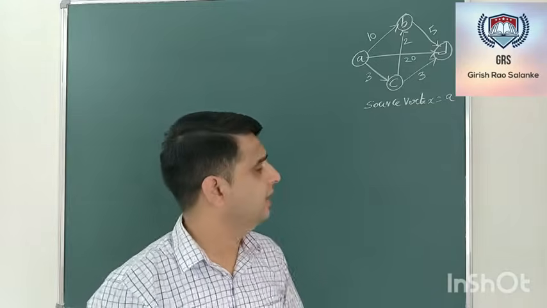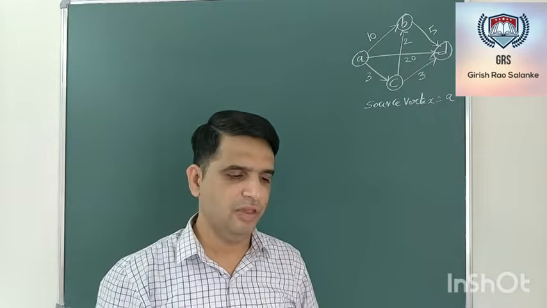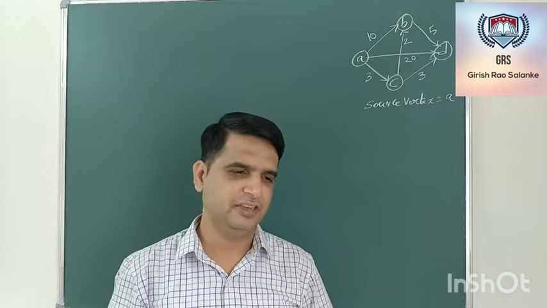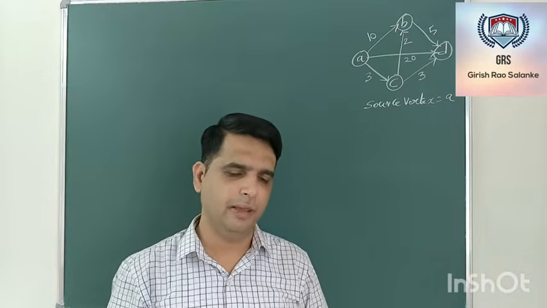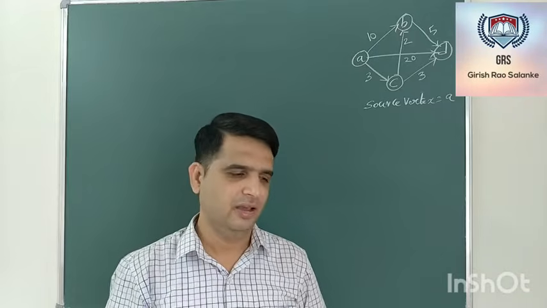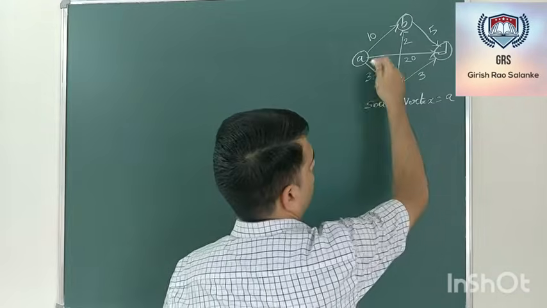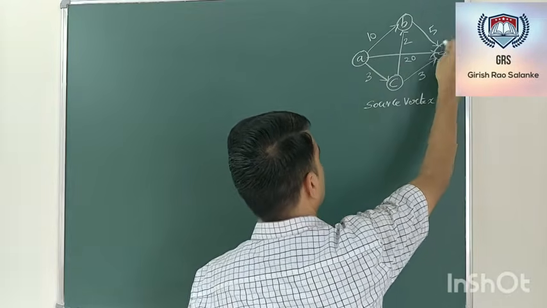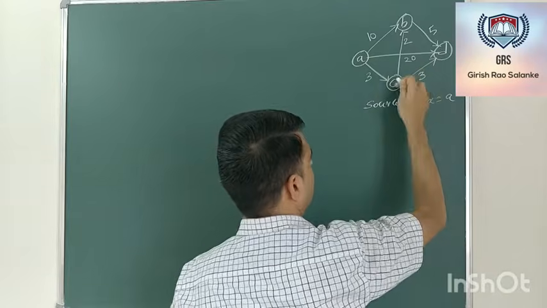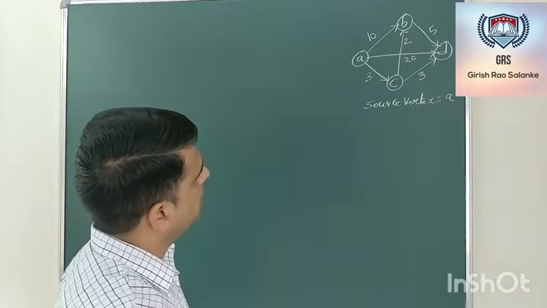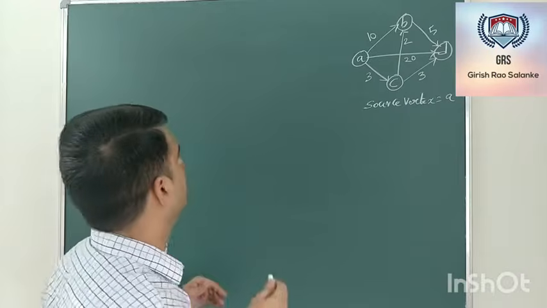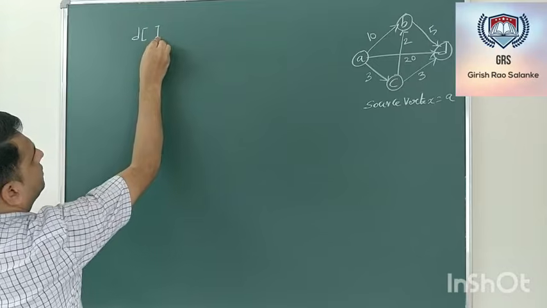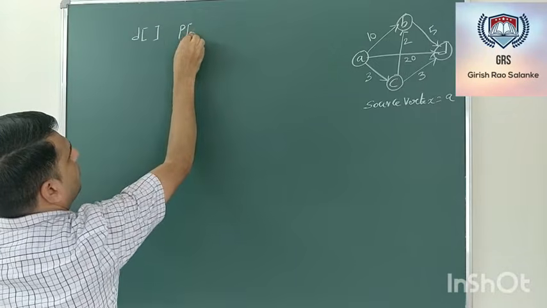In case of Dijkstra's algorithm, we use 2 different data structures. One data structure by the name distance, which is a vector, and one more data structure by the name parent. If there is a shortest path from A to D via C, then it implies that the shortest path to D from A is through parent C. So we maintain 2 tables: the first one as distance denoted with D and the second one as P for parent.